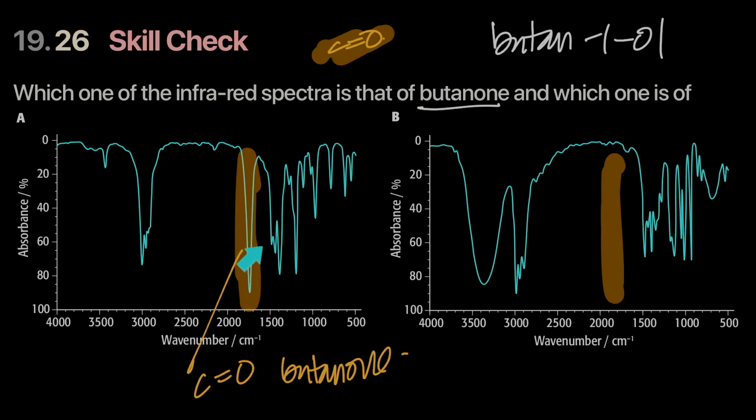And what is the graph missing? That makes sure that you know it's not an alcohol, because if it was an alcohol, it would have to have an OH trough at 3500. There is no trough here at 3500. On the other hand,